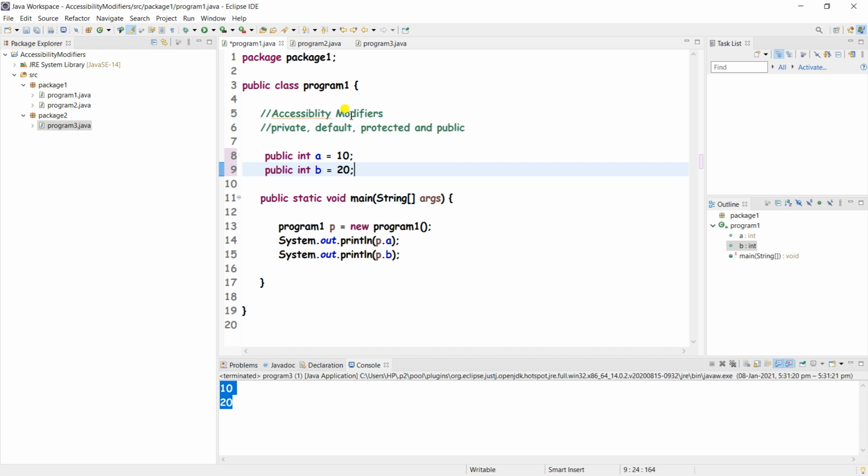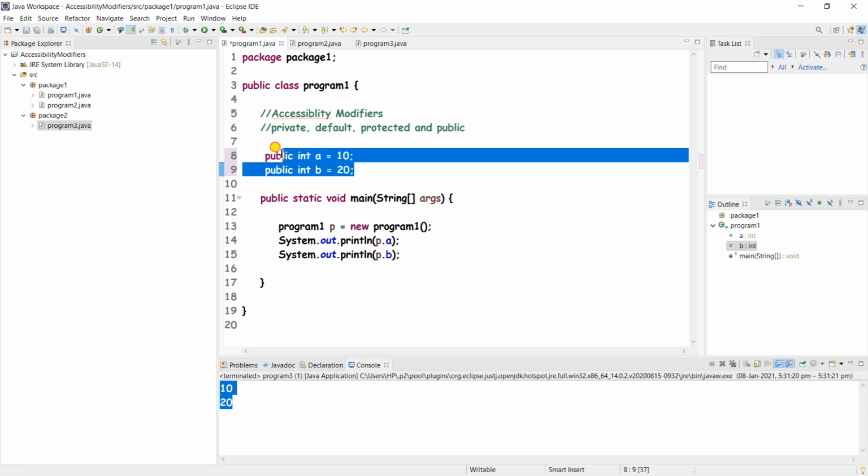Meaning it will be accessible throughout the project. In any package or in any class we can access these public variables, right?